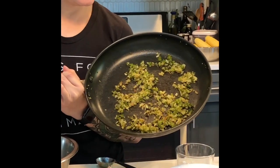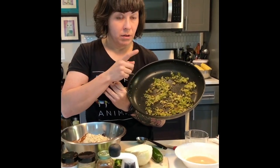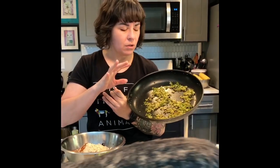So I took some veggies here. I diced them up really good and I cooked them. Green pepper, half a green pepper, half a white onion, one whole jalapeno, and a couple big cloves of garlic,